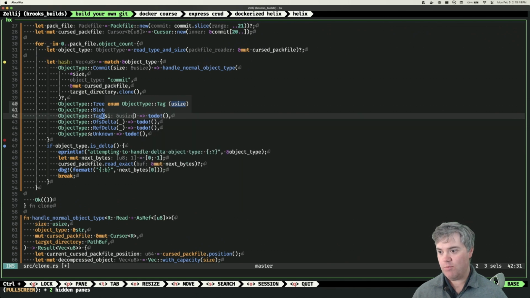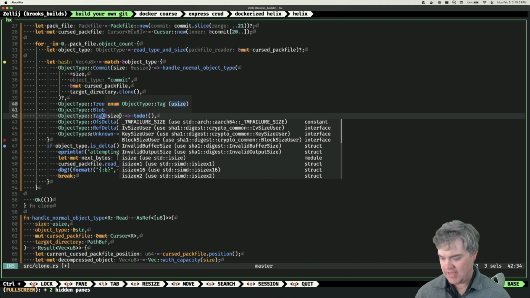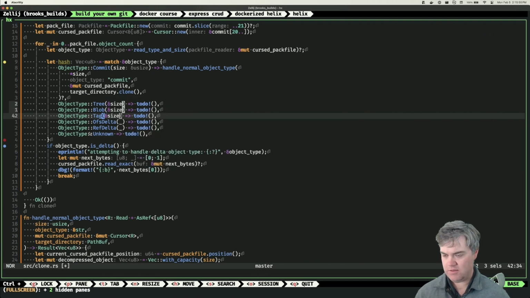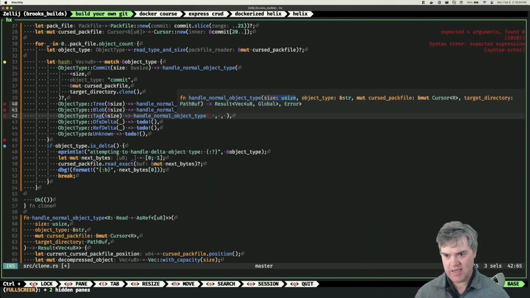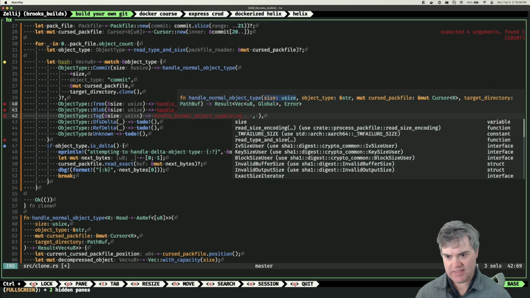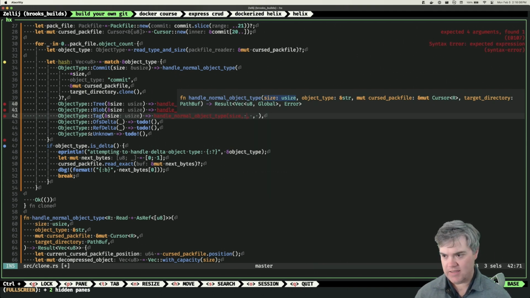So we get our size. Oh, but we learned that we can just do this here, and that should work. We're going to call handle normal object type, hand it the size, hand it the